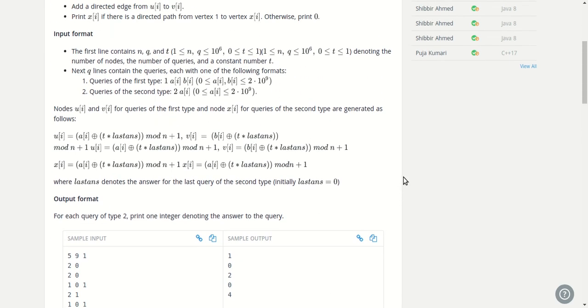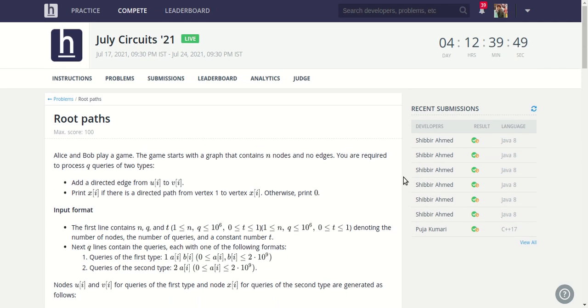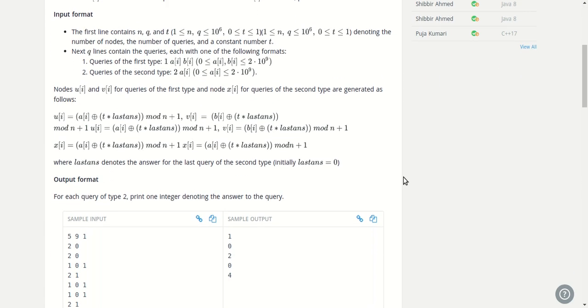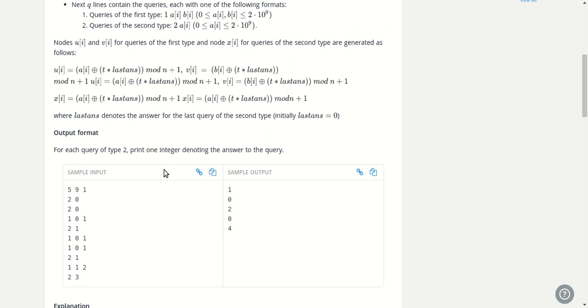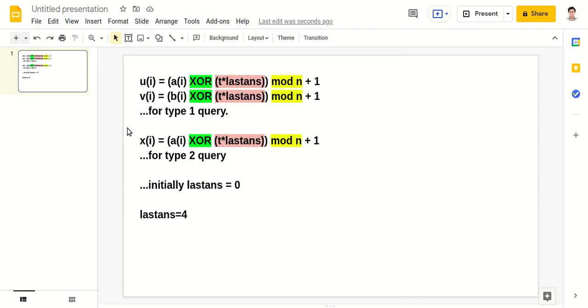So that's it, guys. This is the problem explanation of root paths. Okay, this way we have to solve this problem. So simply this is an extra step given where we need to calculate the value of ui and vi. They could have simply given ui and vi directly, but I don't know why they gave extra calculation for this. So this is a constant time calculation, no issues. You just need to add a few steps. So just do this, and yeah, check this one.